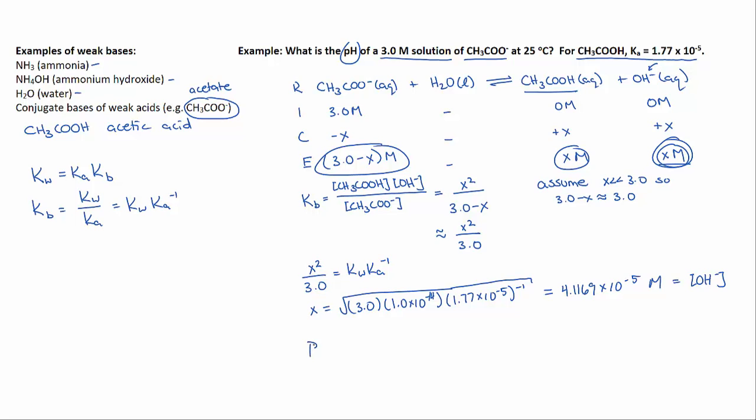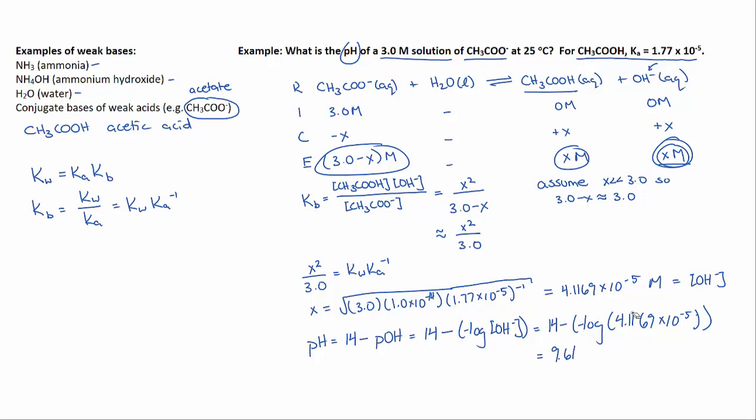So our pH is equal to 14 minus pOH, and that is equal to 14 minus the negative log of the concentration of OH minus. So I can fill in that value here. So 14 minus the negative log of 4.1169 times 10 to the negative 5. And that gives us our final pH of